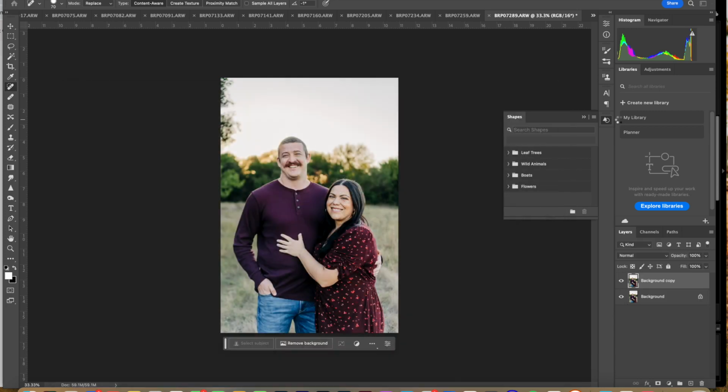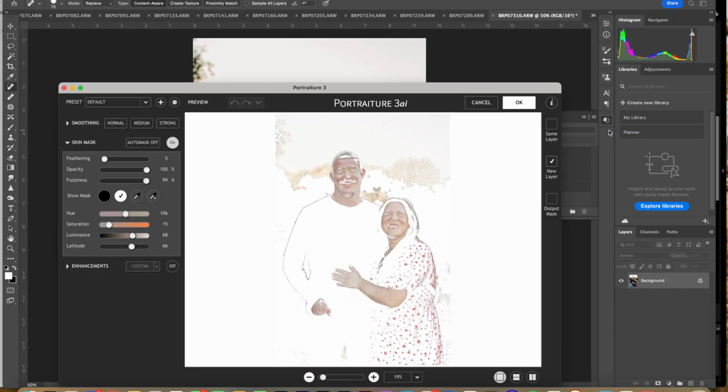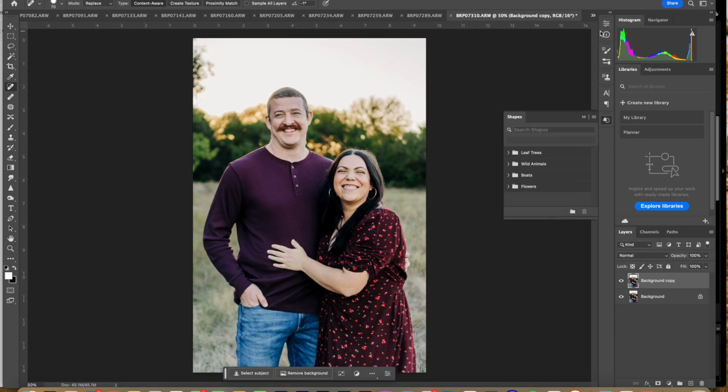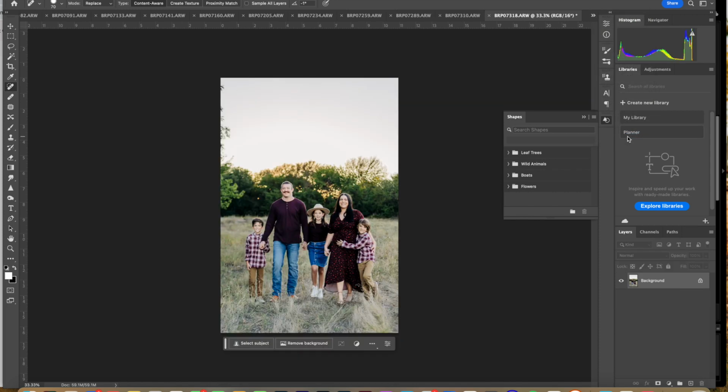And my portraiture is a very light touch. I don't overdo it personally. Some people like a heavy hand on this, and that's cool. All right, so I've applied portraiture, so that's the final thing. I've gone through and edited everything, and then